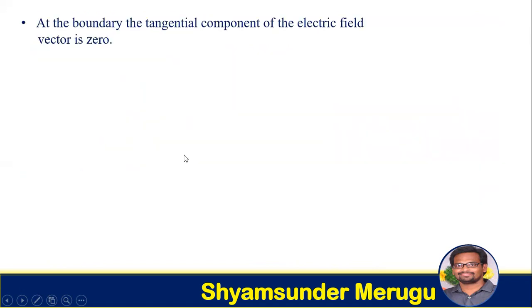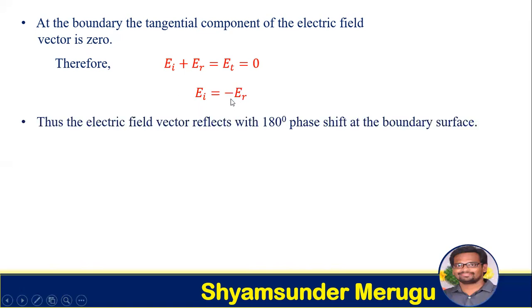At the boundary, the tangential component of the electric field vector is 0. So we can write E_I plus E_R is equivalent to E_T, where this tangential component now becomes 0, so that we can write E_I is equivalent to minus E_R. Here this minus indicates that the electric field vector is reflected with a 180-degree phase shift at the boundary